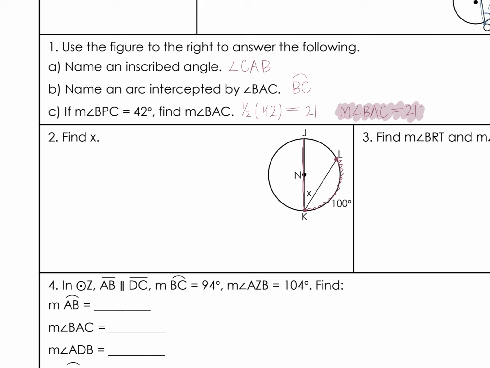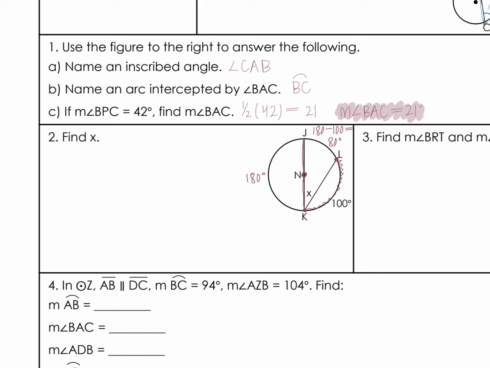And once again, I know this is a diameter because it does go through the center with 2 endpoints on the circle. So that means that that whole side over here is 180 degrees. And that means that this whole side from J all the way to K, so arc JLK, should be 180. And since we know that this portion of it is 100, we can subtract. So that will leave me with 80